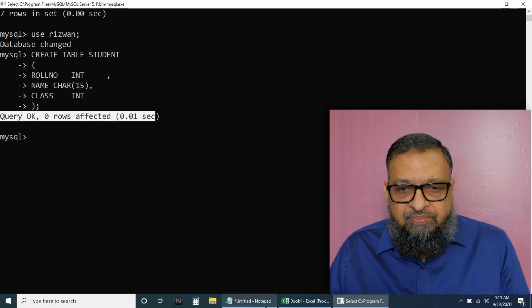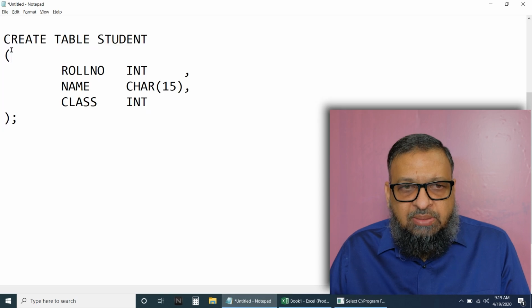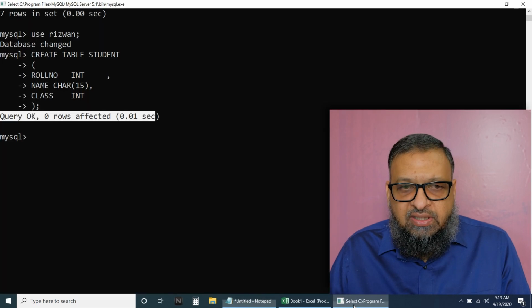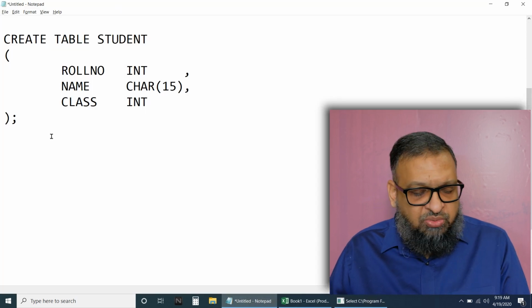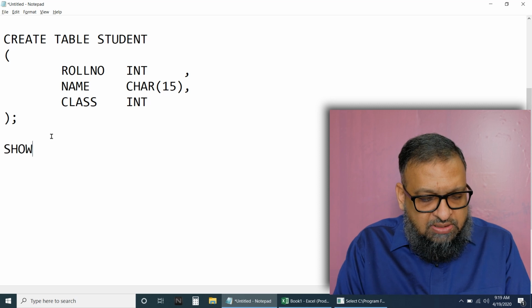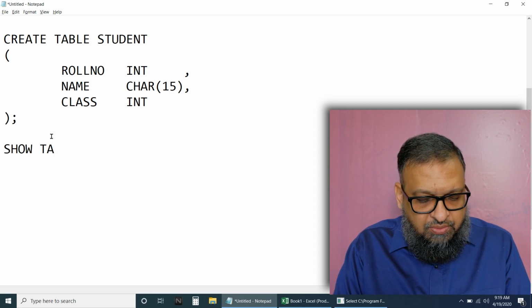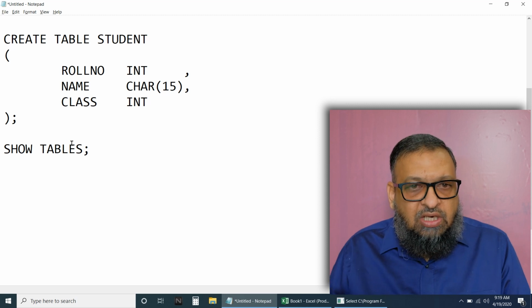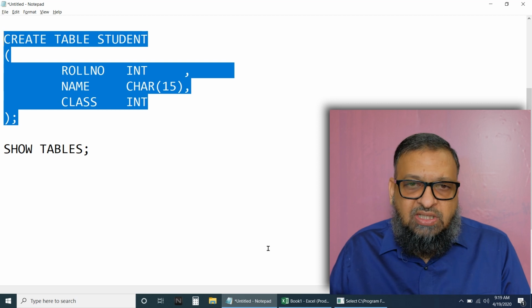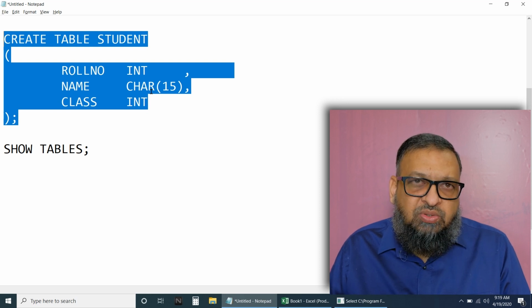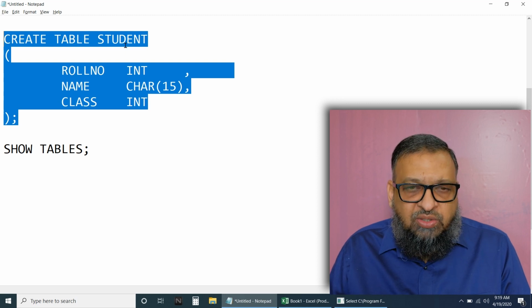How to see the table? Just now we created this table. How to see whether the table is created or not? Now it's telling query okay. To see the tables, we will say show tables. I'll copy paste this command. This is separate, we already did it. If we again try to copy paste it, it will say error because it will say this particular table student is already there. Suppose you have one file in the directory. If we give the same file name to another file in the same directory, it will say error. Same way, it will say error if we try to create another table.